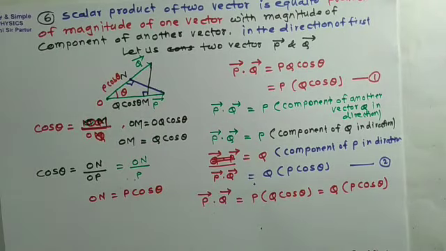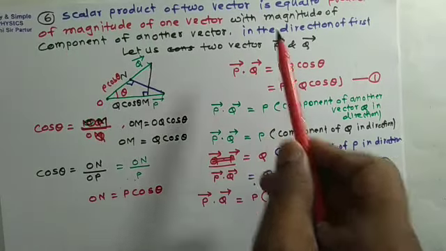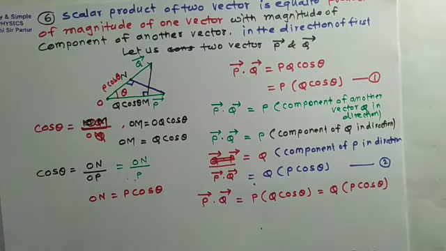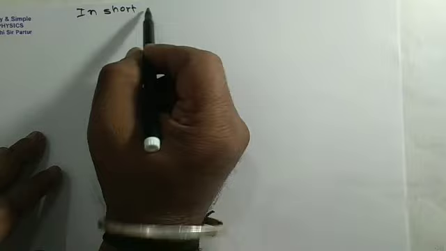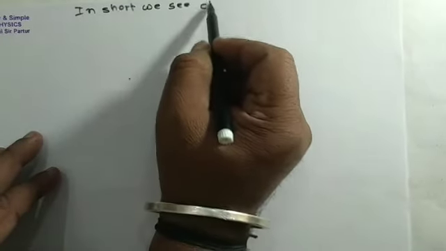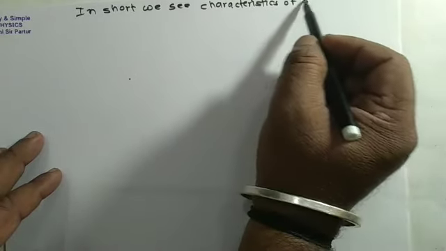So scalar product of two vectors is equal to product of magnitude of one vector with magnitude of component of another vector in the direction of first. That will be the sixth characteristic. So in short, the characteristics of scalar product will be,